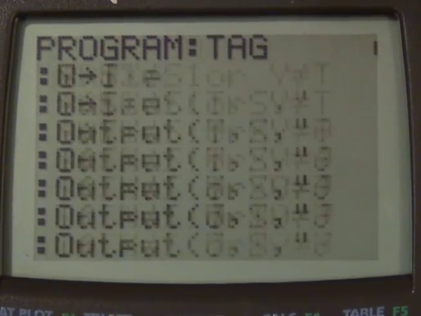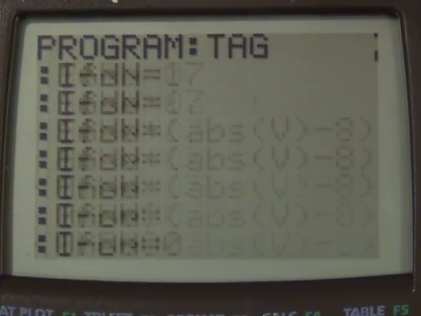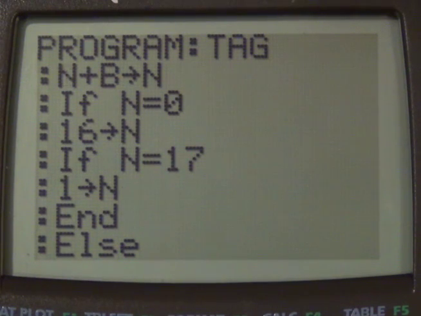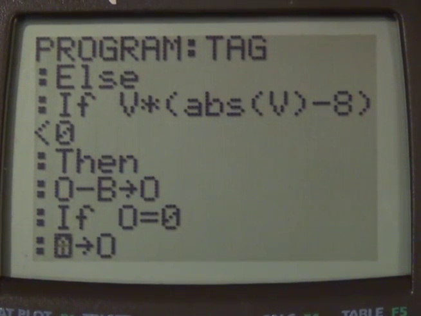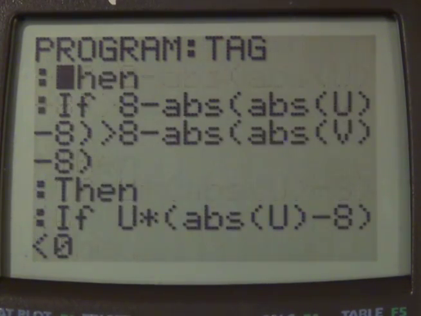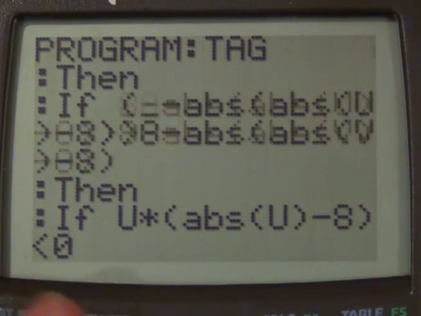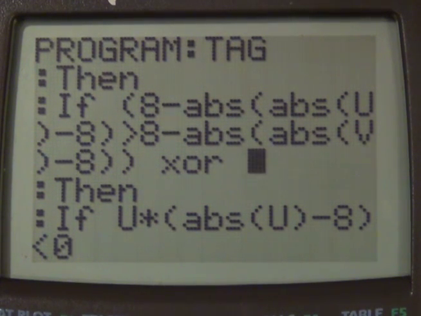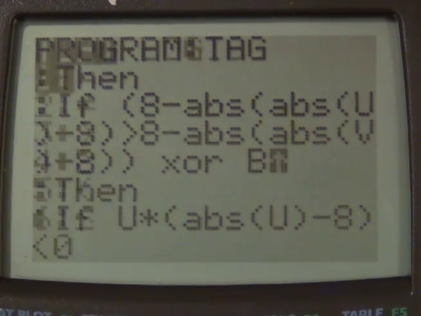So the way to reverse it is we're going to exclusive OR our choice of X and Y. So all this logic right here, we're going to XOR it with, I guess, B equals